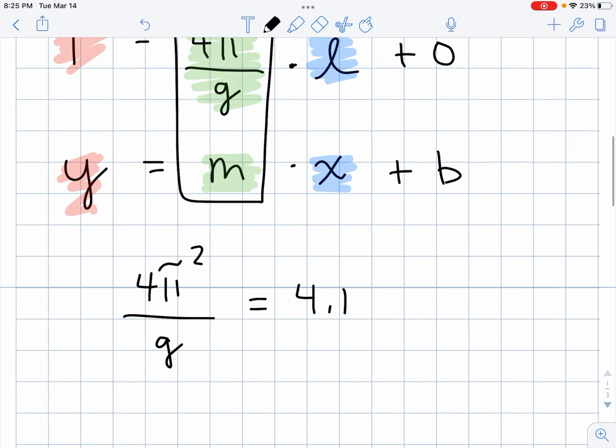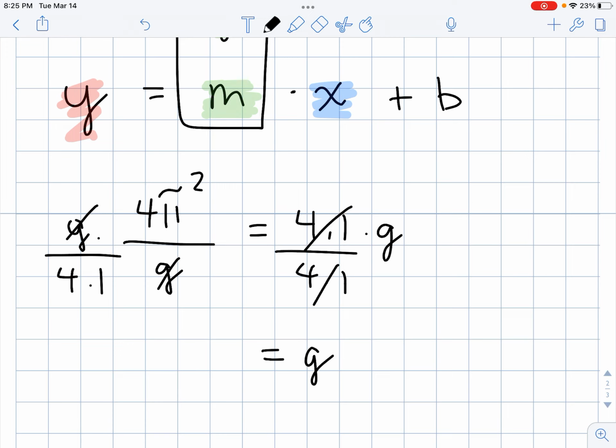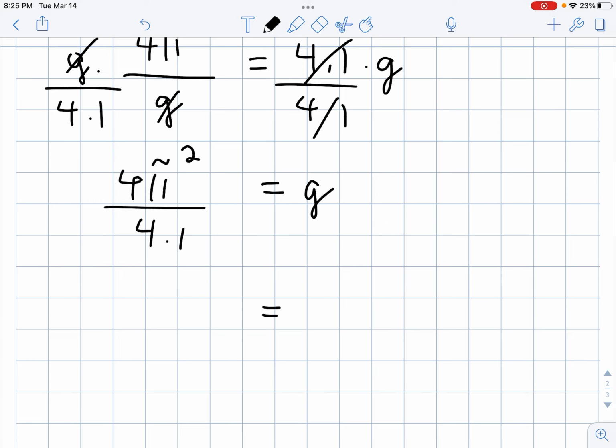All right, so we just set these two expressions equal to each other and replaced m with 4.1. And then we can solve for G. So if we multiply each side by G, I'll go ahead and show all my math here. All right, and then divide each side by 4.1. The G's will cancel, the 4.1s will cancel, and we get G equals 4 pi squared divided by 4.1. And now I'll pick up my calculator and I'll carefully type in